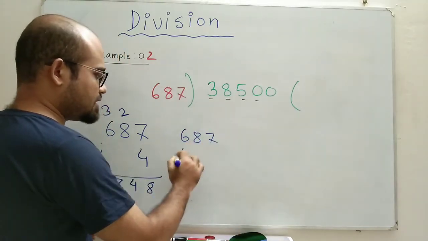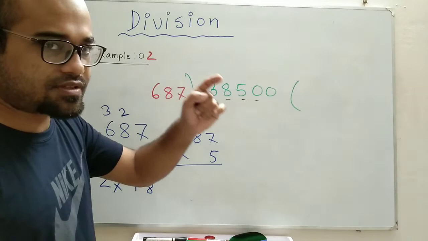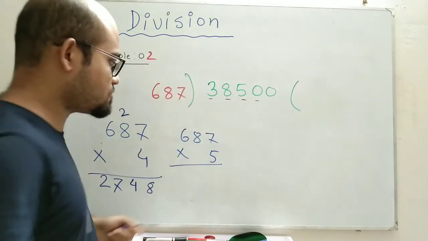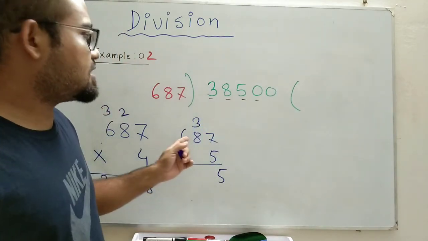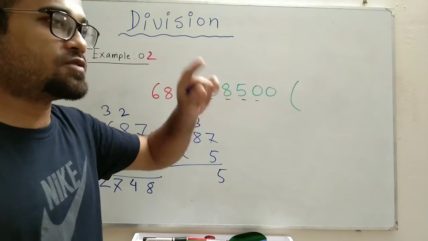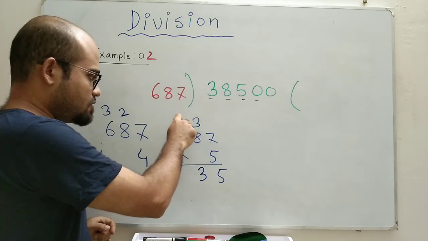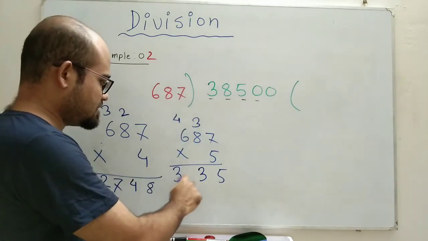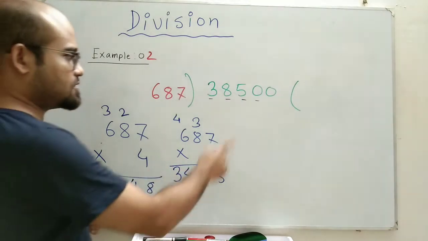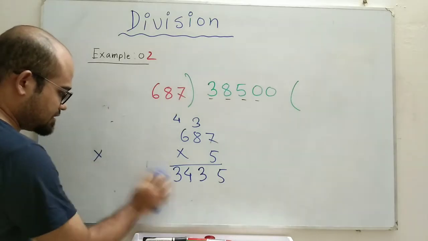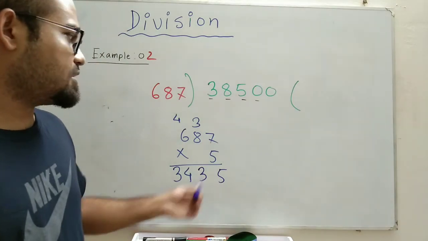multiply 687 by 5. 7 5s are 35, 5, carry 3. 8 5s are 40, 40 plus 3, 43, I will put 3, carry 4, 6 5s are 30 plus 4, 34. 5 seems an even better choice. So 3435. Yes, well, this seems a better choice, but in order to prove that this is our better choice, let's